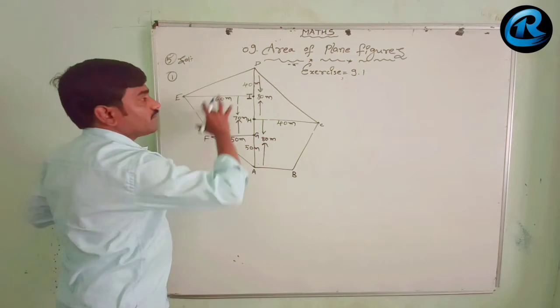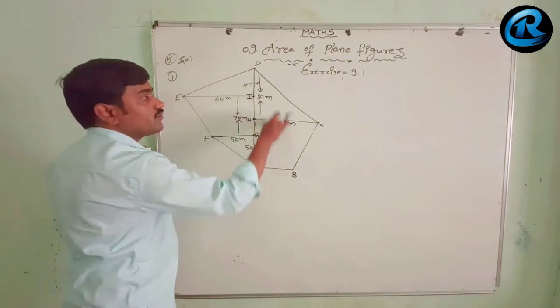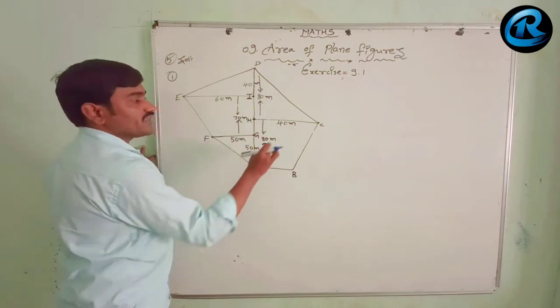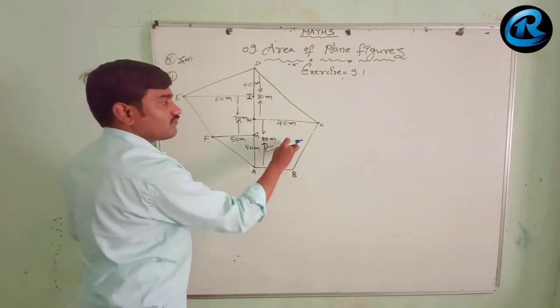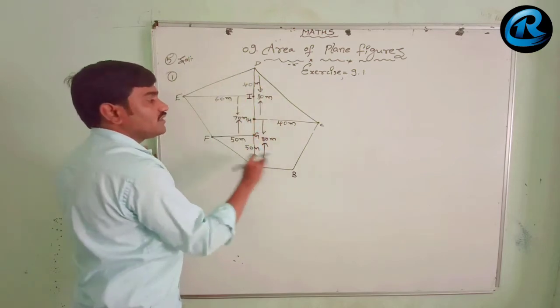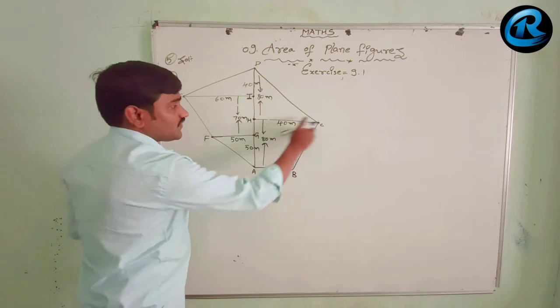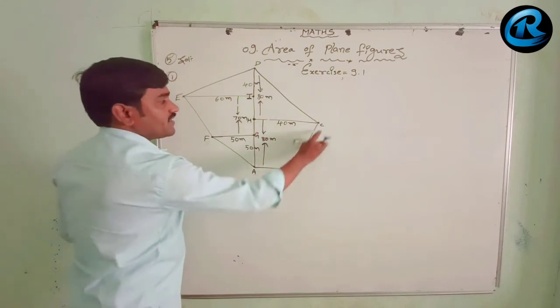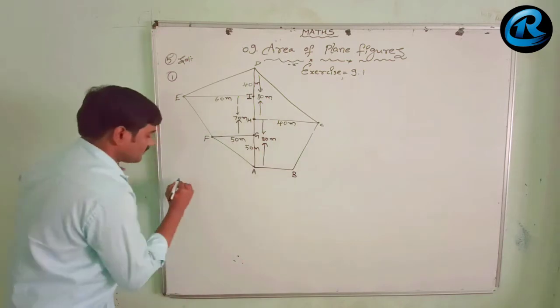Directly we cannot find out the complete area of the field. We can find out the area of the field by knowing figures first. So here we have to divide this complete figure into 5 parts as is given clearly. 1, 2, 3, 4, 5. Now the first one we go for this, the first area ABCH.